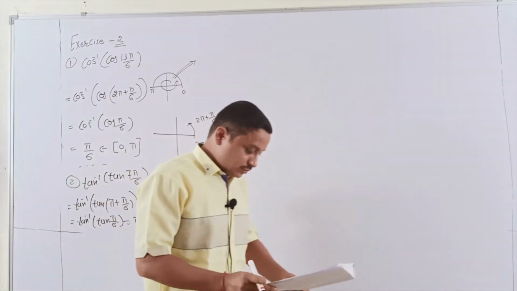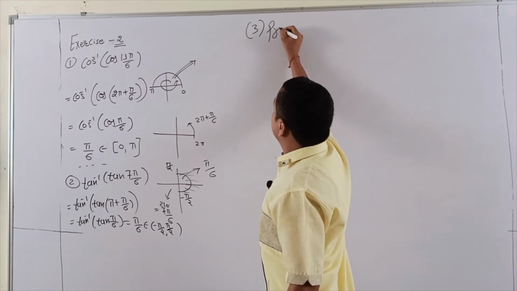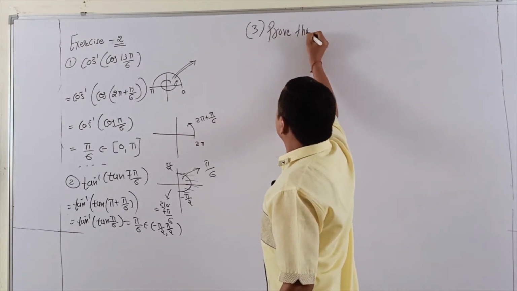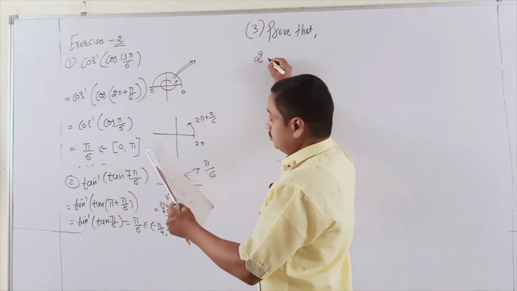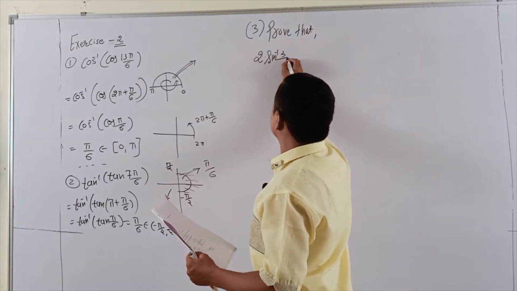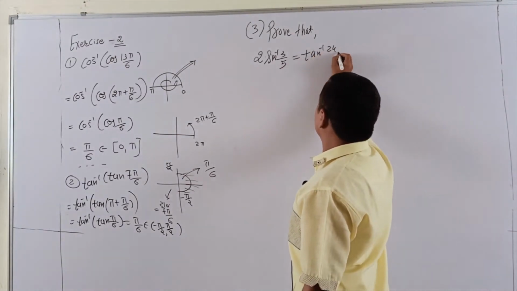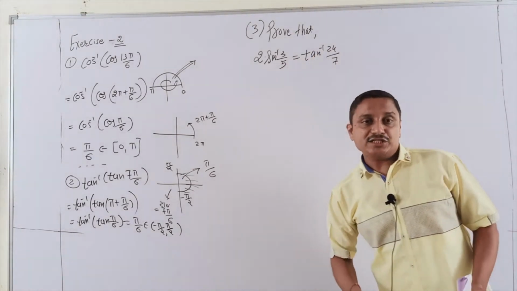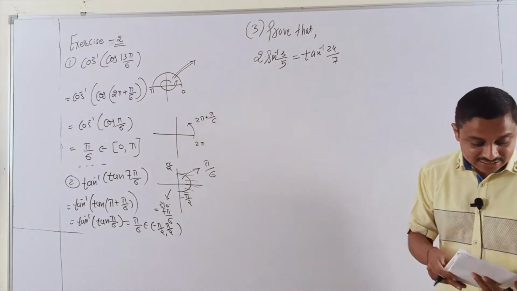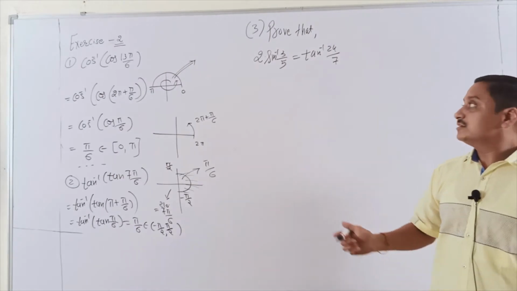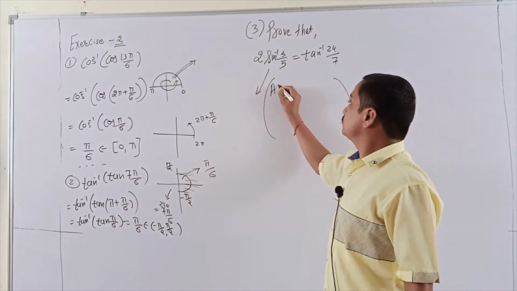And a very simple solution. Now third question. Prove that 2 sine inverse 3 by 5 is tan inverse 24 by 7. Look at that: my answer is in the form of tan. So it is very easy. Here I translate sine inverse 3 by 5 into tan. So it's very simple. Assume